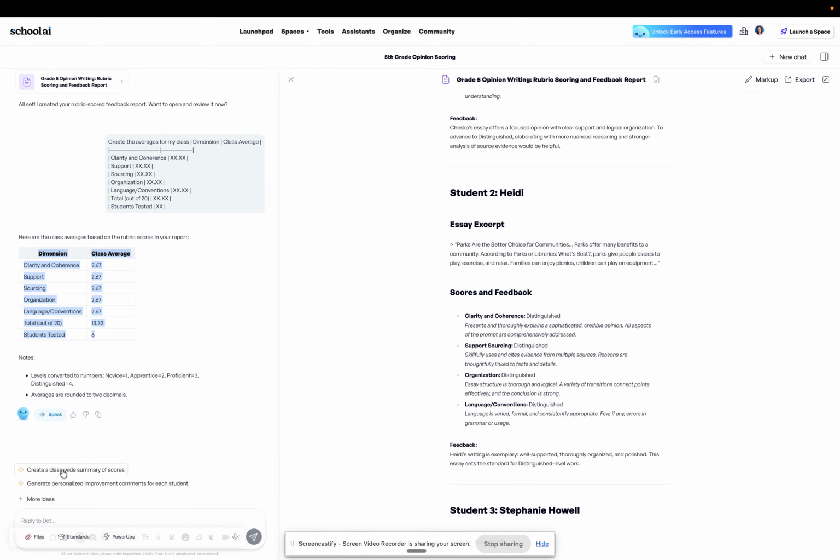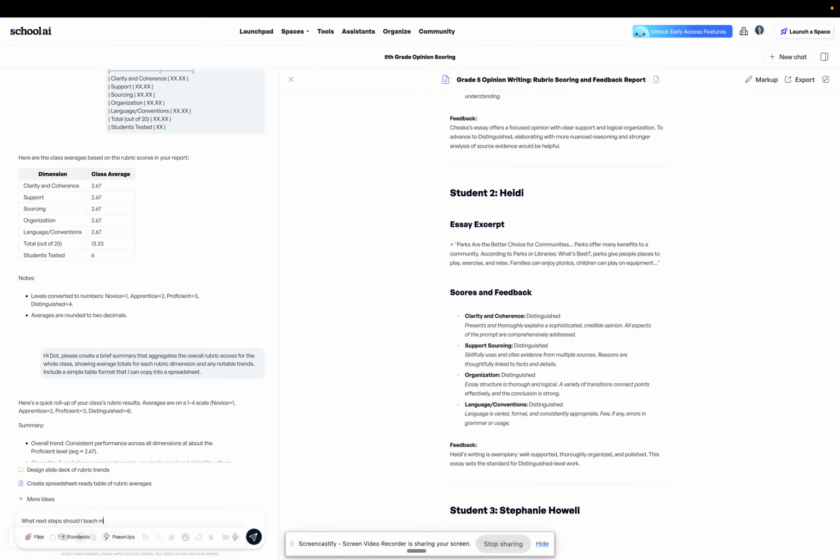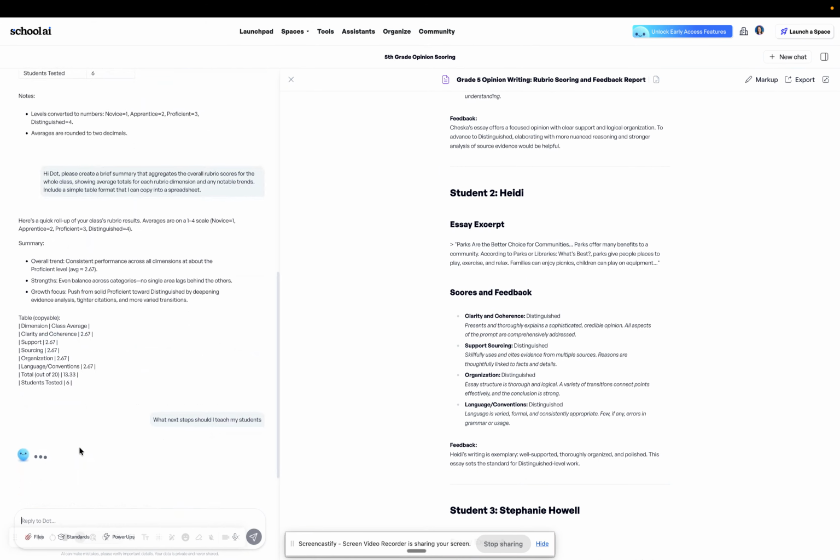There's also over here little clips. And so if teachers want to then go into more, they're able to come in here and I can create a whole class summary of my data, right? And I can ask Dot additional questions like, what next steps should I teach my students? And we can have conversations during our